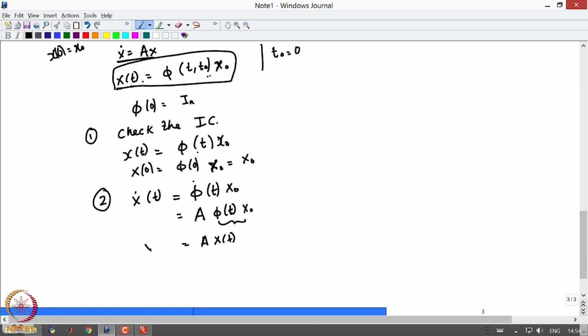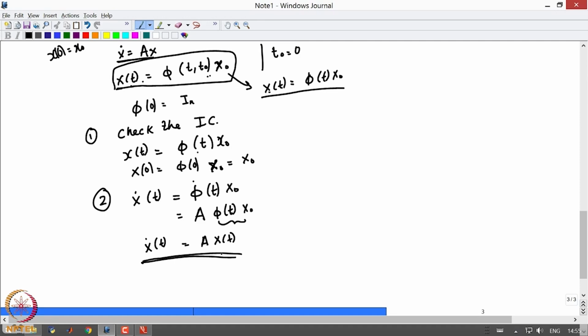Okay. So, I recover starting from this solution, which I rewrite for t naught equal to 0 as phi t times x naught. I start from this differential equation, I substitute this solution which I propose for x dot equal to A x, I substitute for x equal to here, and I recover again the original differential equation. So, the initial conditions agree, and also the differential equation agrees, it satisfies. So, this function which I propose as a solution satisfies the initial condition, and it also satisfies the differential equation,